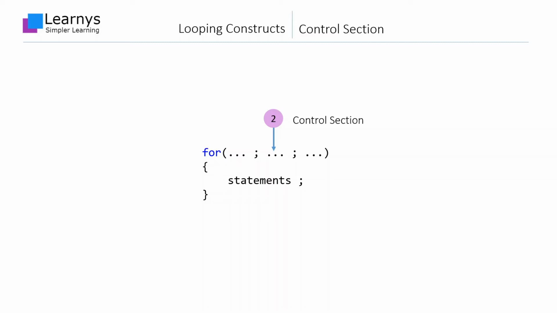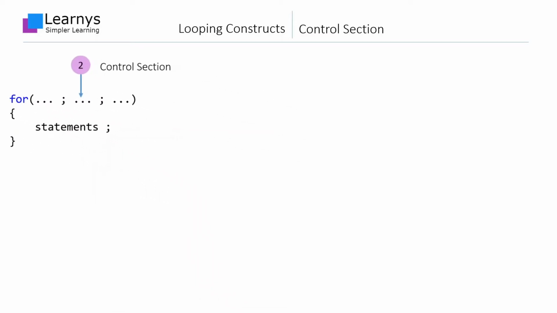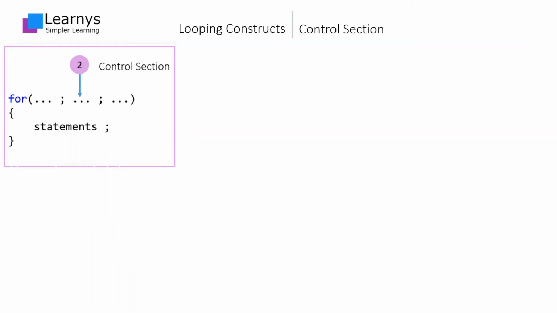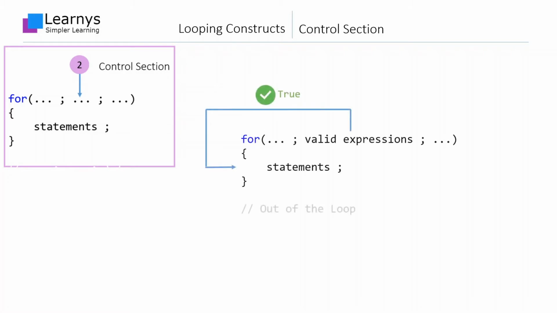We have learned that the stuff you put in the first section is executed only once before the beginning of the execution of the main body of the for loop. Contrary to this, whatever you put in the second section will be executed before every run of the main body of the for loop. This section usually contains valid expressions. The expression in this section is evaluated before the beginning of each cycle of execution of the for loop. The evaluated outcome of the expression decides whether to continue the loop or to terminate it.